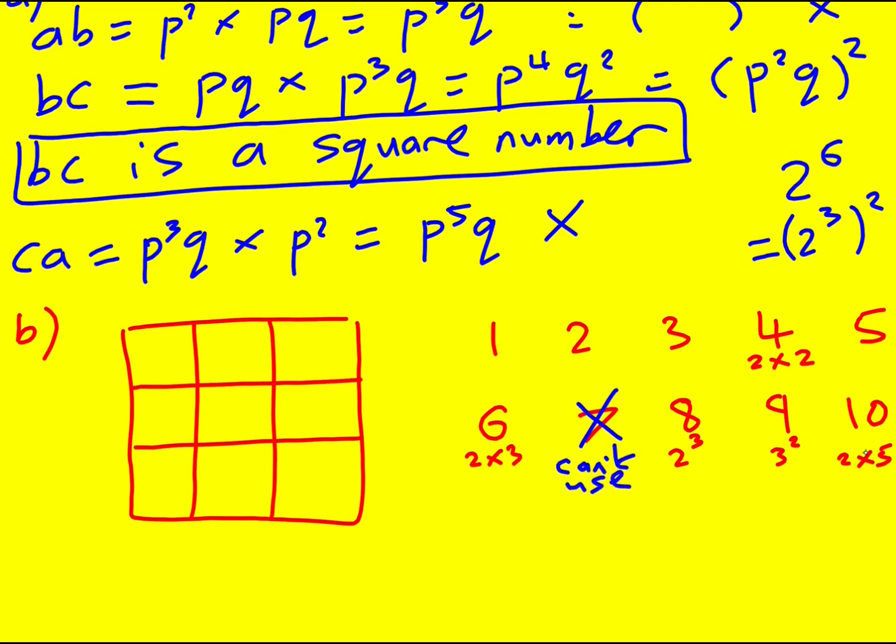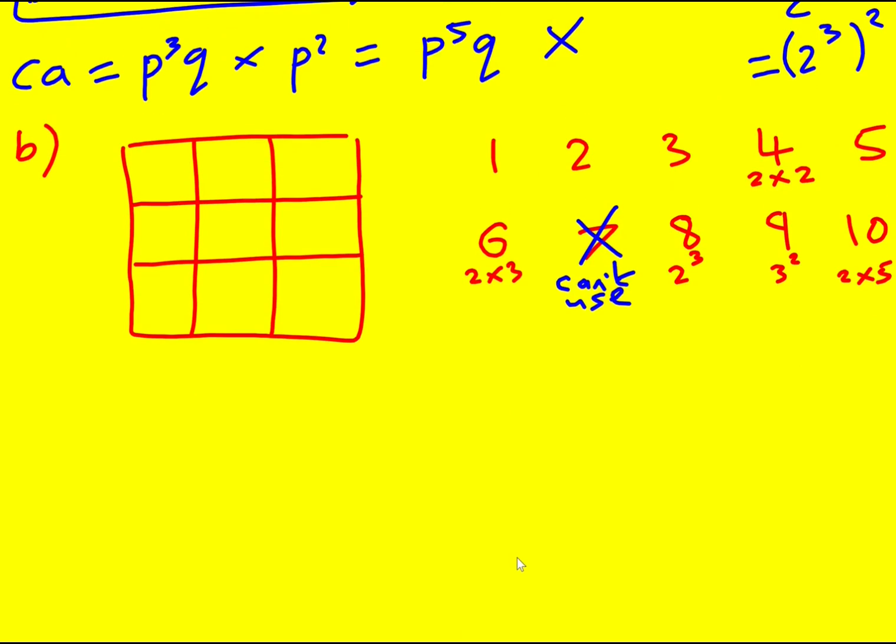But the rest of them have got some, when you combine them together, we're going to get these combined factors. So the one that jumps out at me is 5 and 10. Because then I've got 5 times 2 times 5. And that's going to give me 5 squared. I'm going to get a square number. But I've got this odd power of 2 now. So I either need to times it by 2,